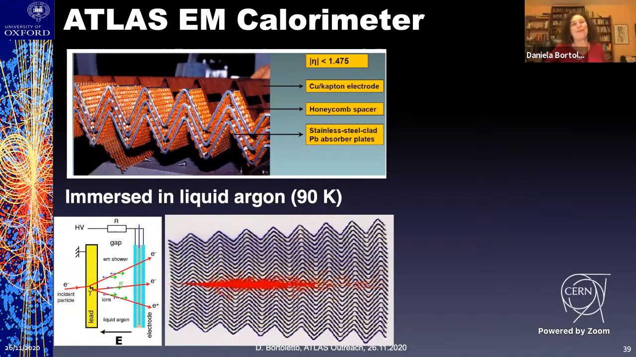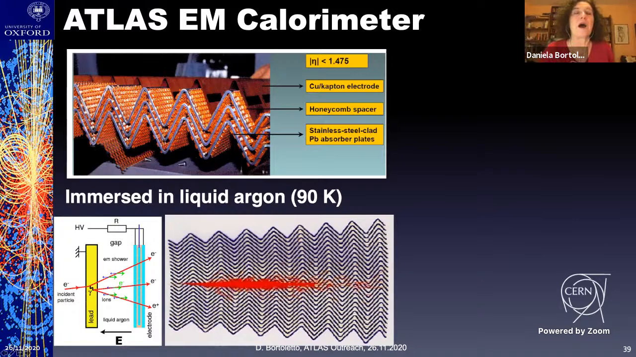So here is a picture of the ATLAS electromagnetic calorimeter that is really a jewel. I really love this detector. I don't work on calorimeters, I work on silicon detectors, but this is really a beautiful detector. And you can see here, I told you that you use a lot of lead, so you can see the lead absorbing plate here, and the active material is actually liquid argon, which is at a temperature of 90 degrees Kelvin. And then you collect